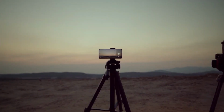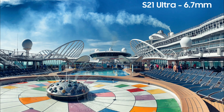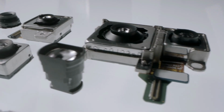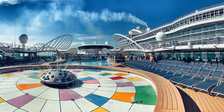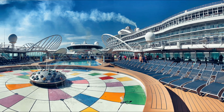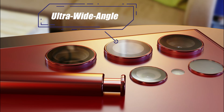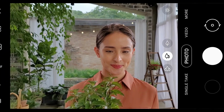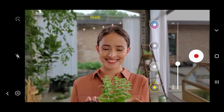even broader. To put things in perspective, the S20 Ultra had a 7mm 108 megapixel camera, while the S21 Ultra had a 6.7mm camera. However, Samsung has decided to make it even broader than the S21 Ultra by including a 6.4mm wide lens, giving it the broadest field of vision of any existing 108 megapixel camera. You will still have a dedicated ultra-wide angle camera to take even wider images in case you were wondering. Anyway, this is wonderful news because you can now capture considerably more of the scene than you could with the